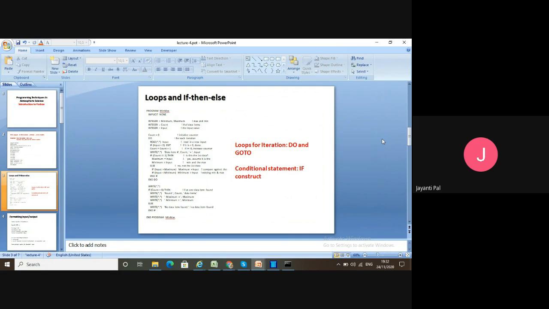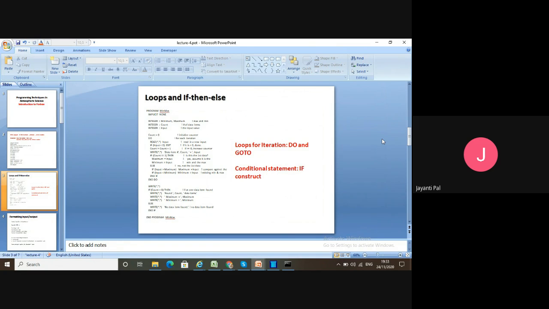So we have to set a loop. If we want to do some iteration like 100 times manually it takes a longer time, and machines can do it within a second. That is the basic advantage of the loop.